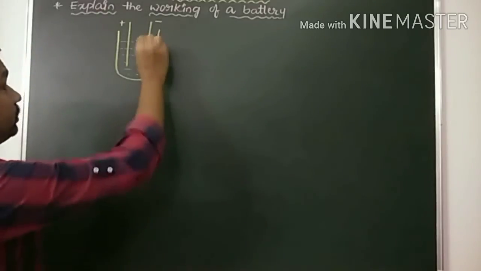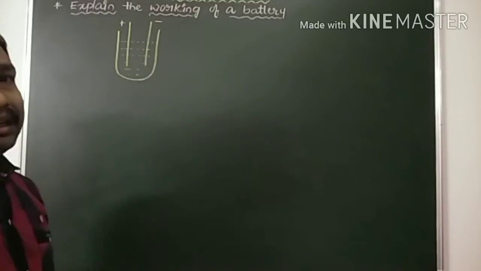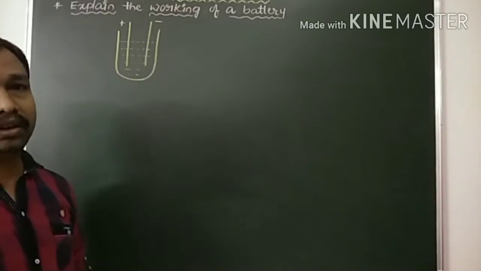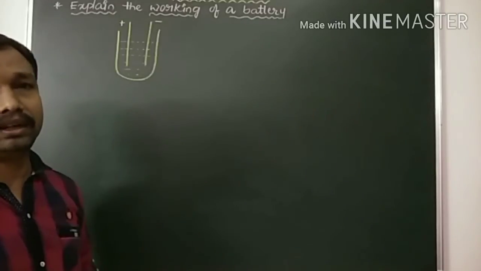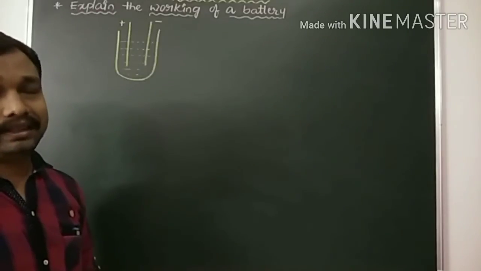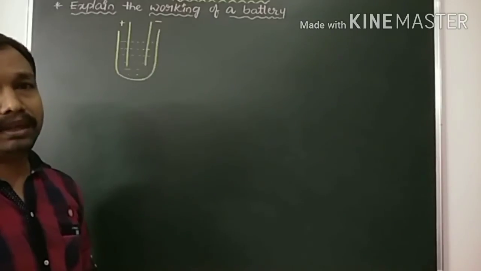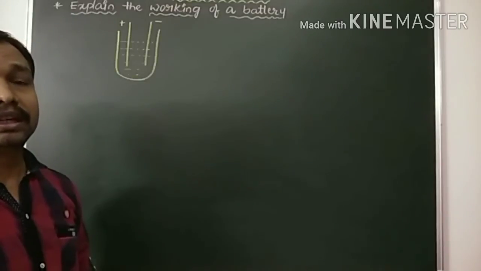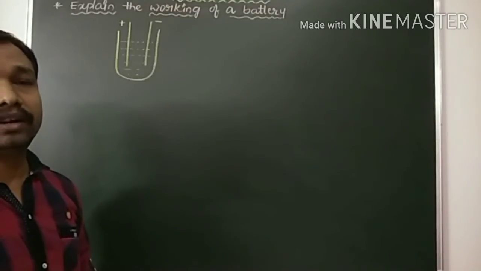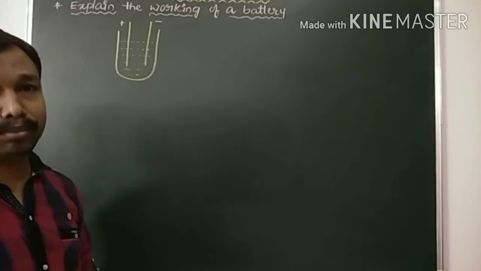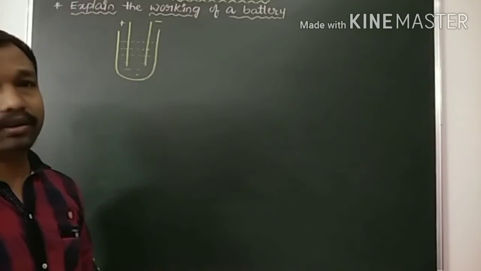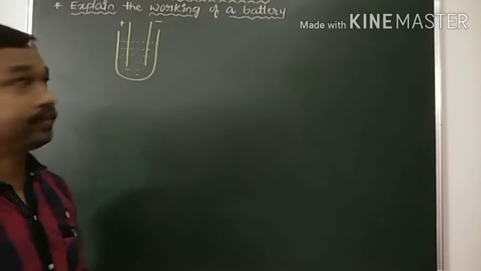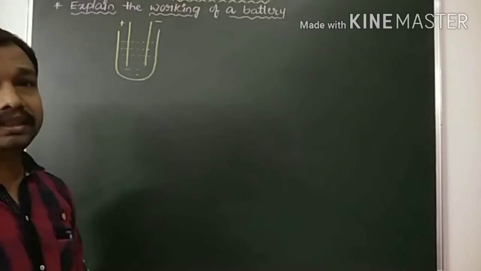Right now, suppose you consider an electrolyte solution like H2SO4 or HCl or any OH, different electrolyte solutions, acids. Here what's happening? If you keep two electrodes in that, a process takes place. That process we are calling the electrolysis process. What is meant by the electrolysis process? The process of decomposition of an electrolyte solution into its constituent components is called electrolysis. Right now, the electrolysis process takes place.